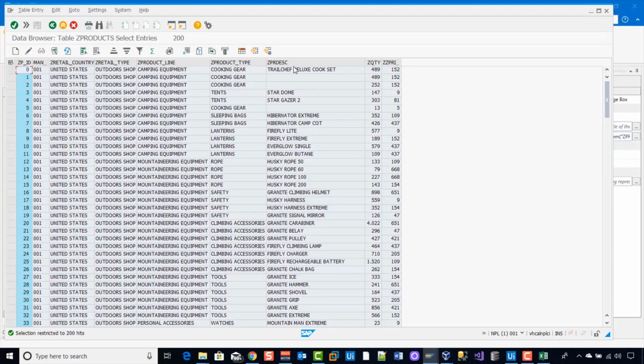So what we're going to do is search for the type and the description, and then we're going to also pass in this quantity, and if it's within the quantity, then we're going to return the price. Okay, so we also need to get this Z type,